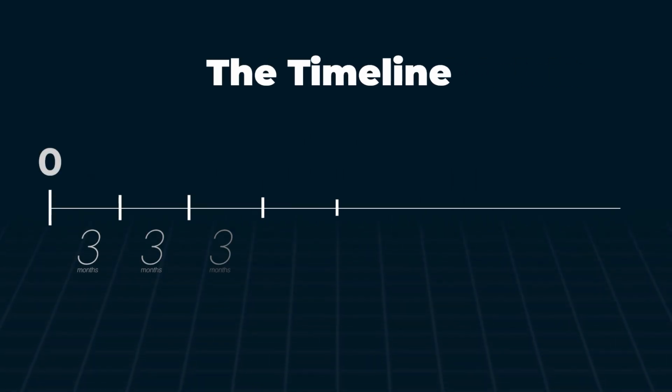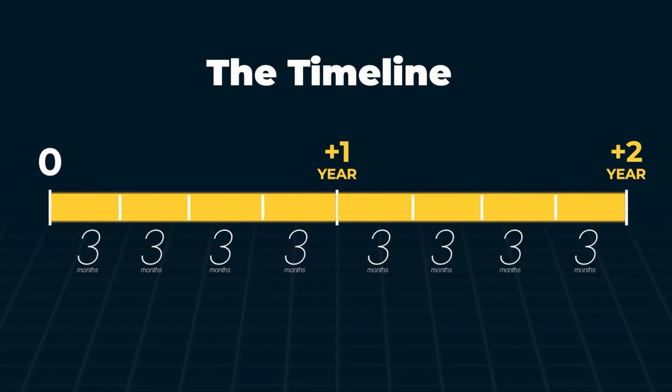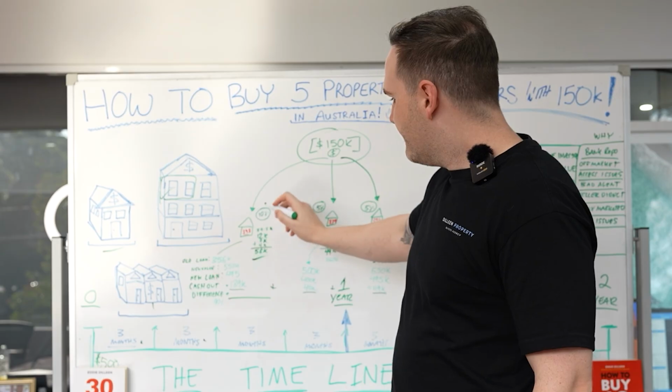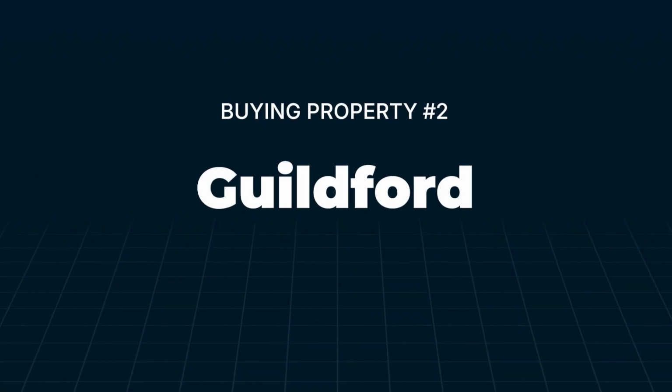Now, I forgot to tell you, we've got a timeline right here. Every 3-month increments. So right here is year 1, right here is year 2. The clock is ticking. How are we going to get to 5 properties within 2 years? Surprisingly very easy. 58K, 1 property down, 4 to go. Number 2, we go back, we buy another property. This property right here is